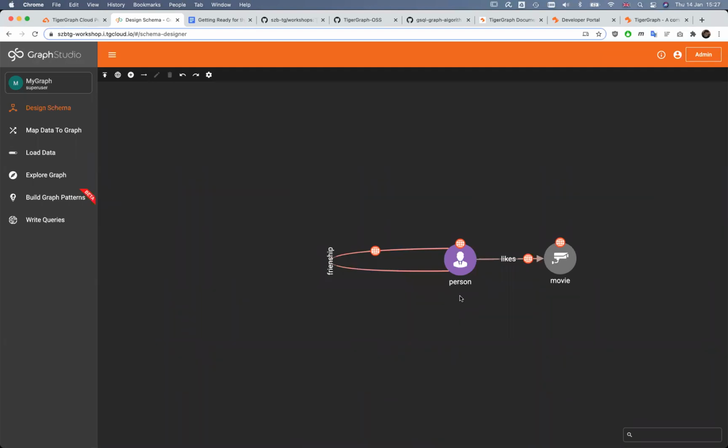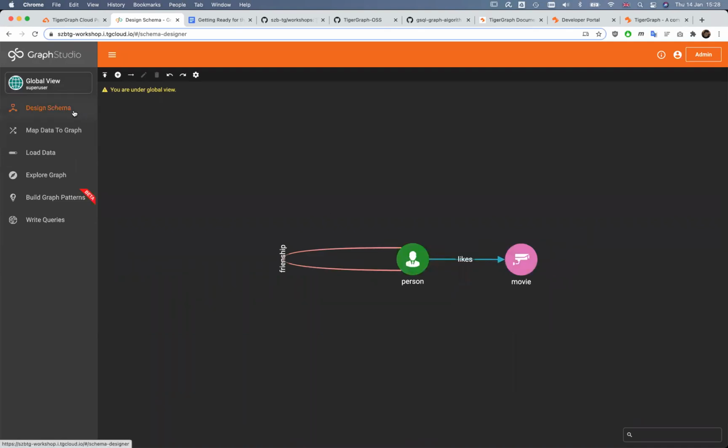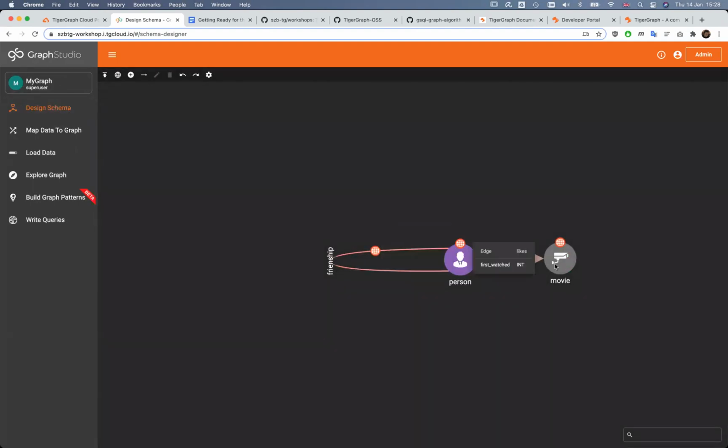Okay, so we have our first graph created. The little red globes on vertices and edges indicate that we use global types, so something that has been defined in this global view or global scope. As I mentioned, our graph can have its own private vertex and edge types. In that case, obviously, these little globes wouldn't be here. Right. Let's jump ahead a bit now into graph exploration.